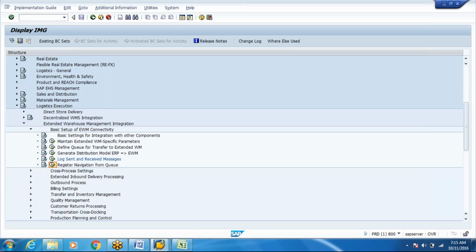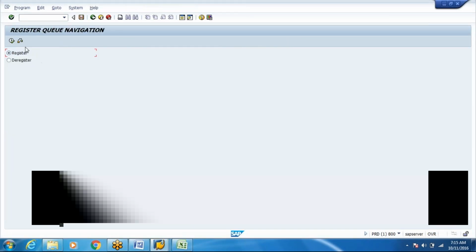The next setting is register navigation from queue. This is a one-time activity when you implement